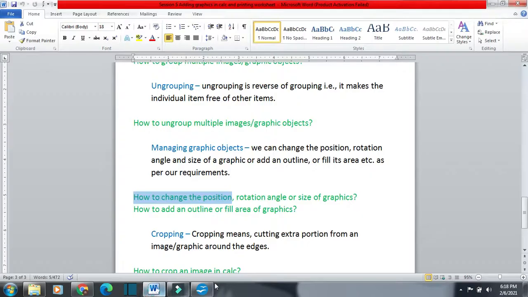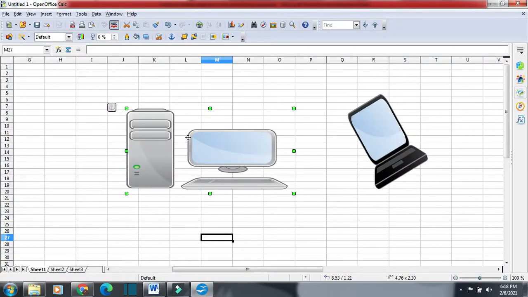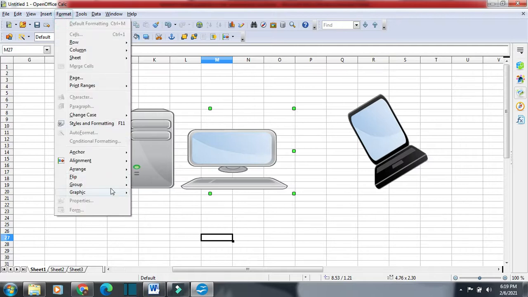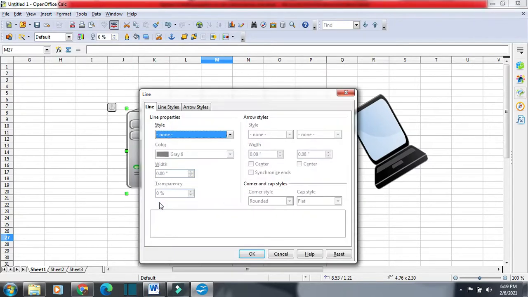Now the next topic is how to add an outline or fill area of graphics. Suppose you want an outline, meaning a lining around this image. So how to go for a lining around any image? Select the image and then click on Format, then Graphic, and from here select Line for the outline.